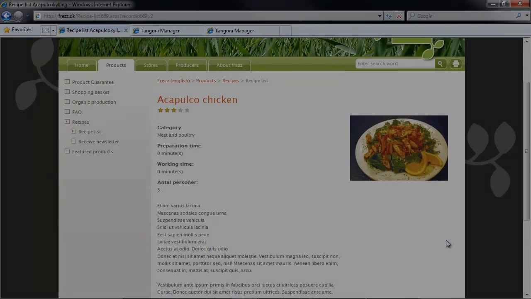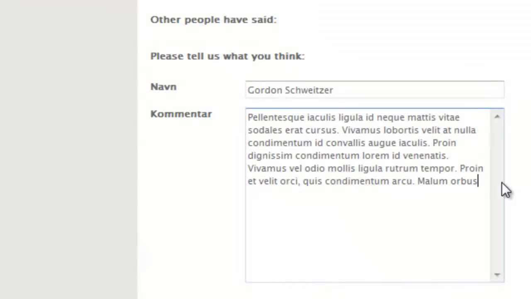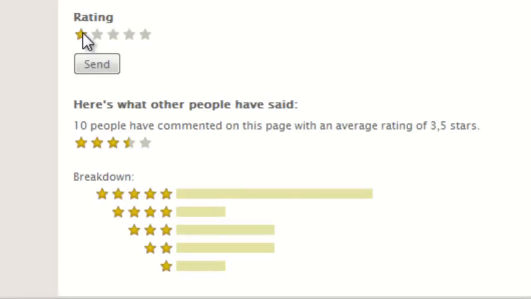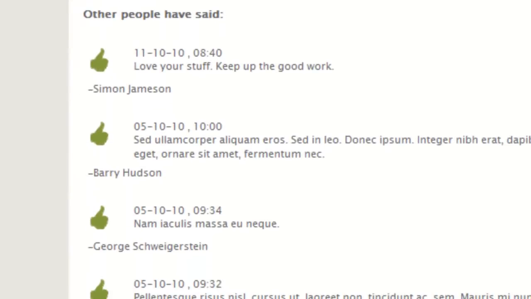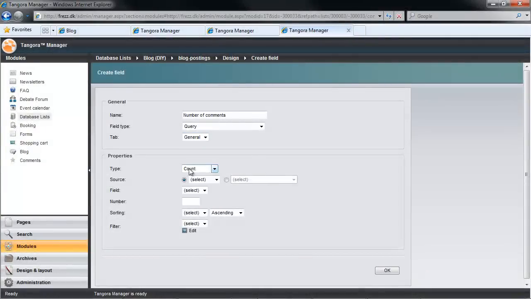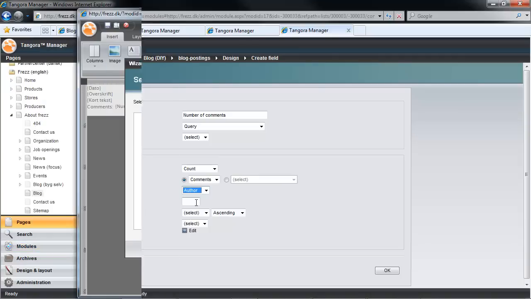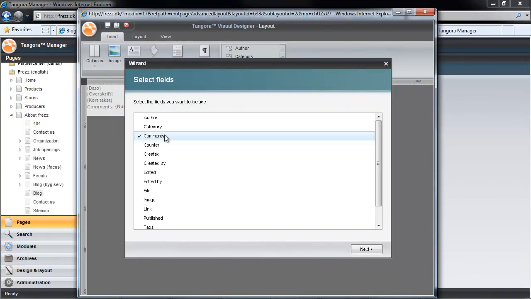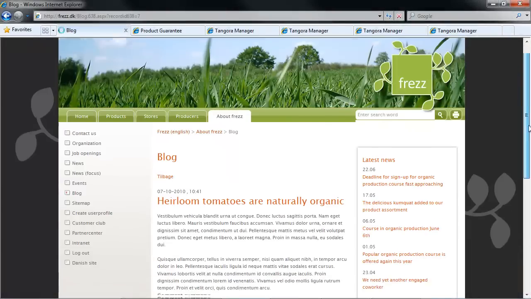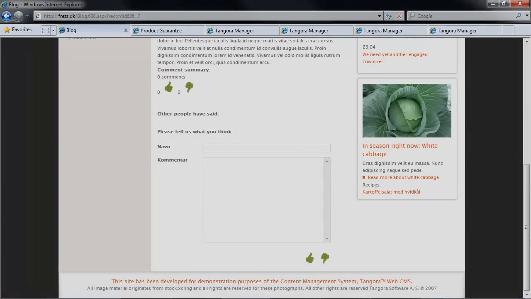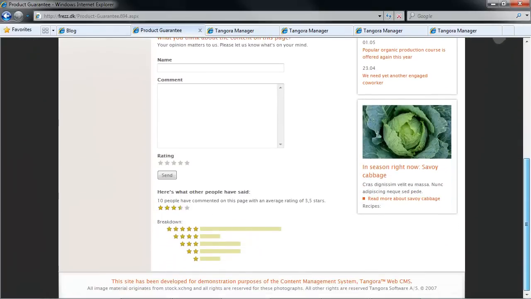As you can see here too, there's support for allowing feedback in the form of text, or ratings using a star system or a thumbs up, thumbs down system, or any graphic appropriate to your needs. The ability to create blogs and feedback functionality has been achievable using advanced techniques. The difference here is that it's now dramatically easier to create blogs and feedback forms. The Blog and Feedback module is available in Tangora Web CMS as a new add-on module. A limited version will be made available in Tangora Mini at a later date.